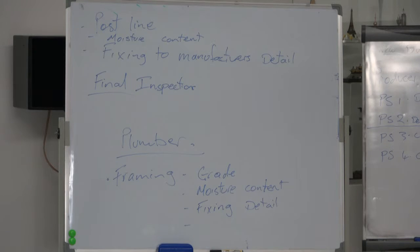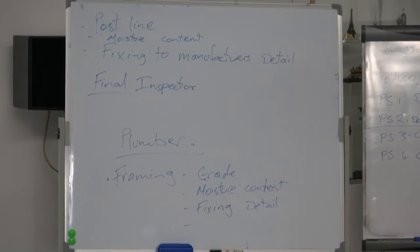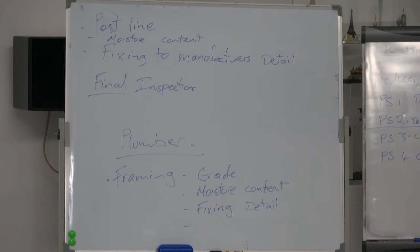So, some questions. Any questions about where I'm going with this generally? I had a couple of questions from the guys up there, really. What I might do is...